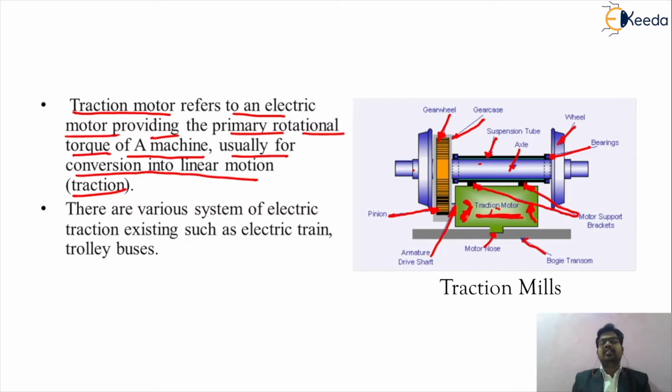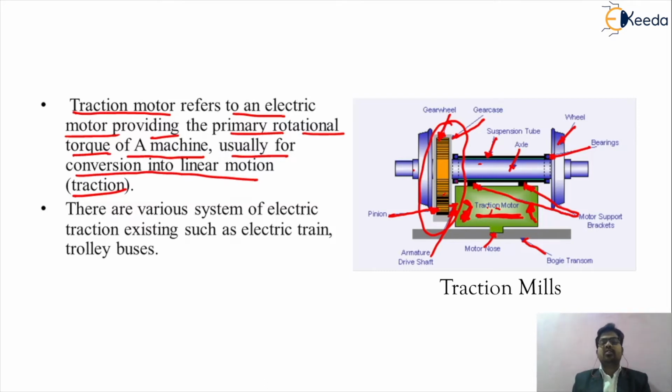So friends, the motion of that traction motor will be a circular motion. This traction motor is directly coupled to your gear wheel mechanism. As we saw in the dynamics of electrical drives, if you want to convert the rotational motion of your drive into a linear motion, we need to connect a transmission mechanism. This gearbox and pinion mechanism is called the transmission mechanism. Why are we connecting this gear wheel and pinion? Because while driving the load of your train, we have to move in the linear motion direction.